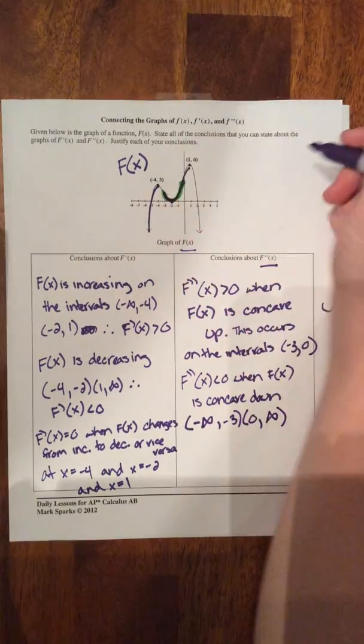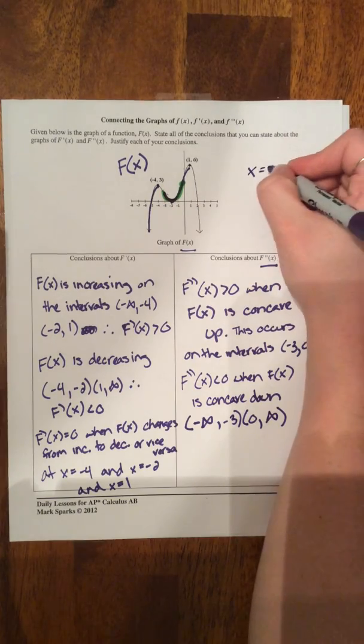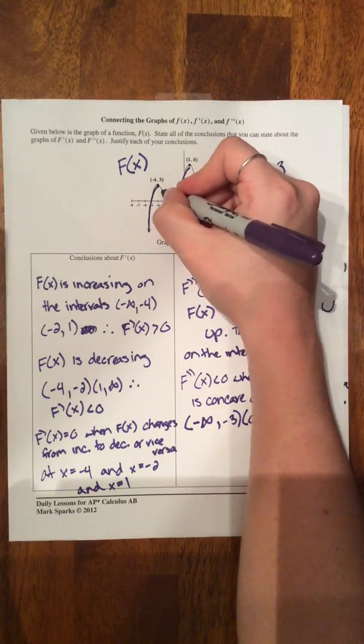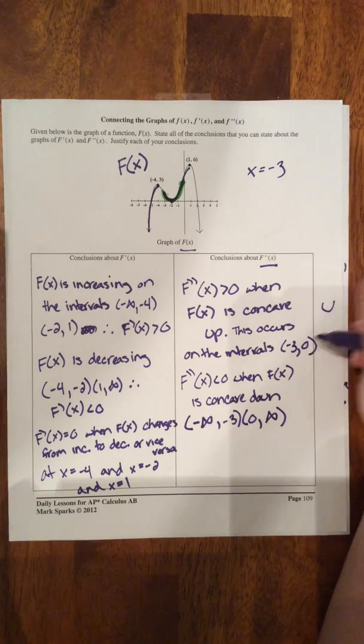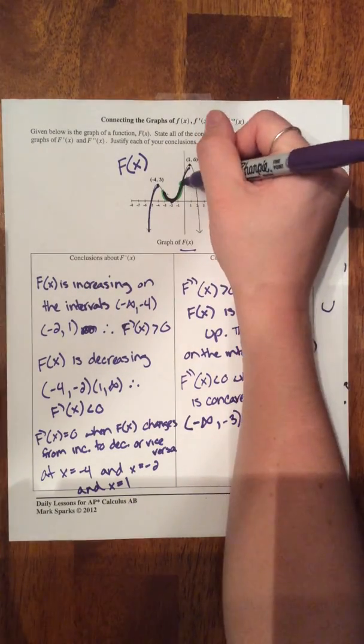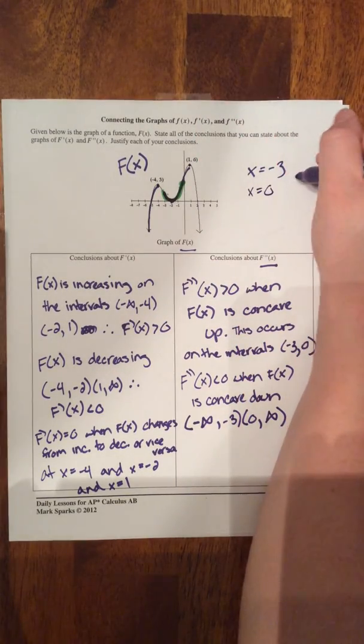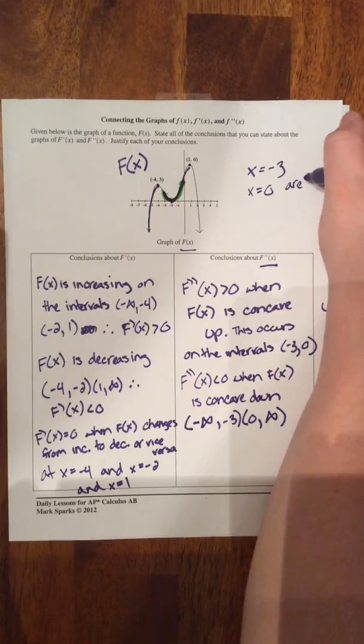On this graph, I'm using x equals -3. I might even want to use like -3.5. So this would have been fine if you would have said -3.5. And then x equals 0 are points of inflection